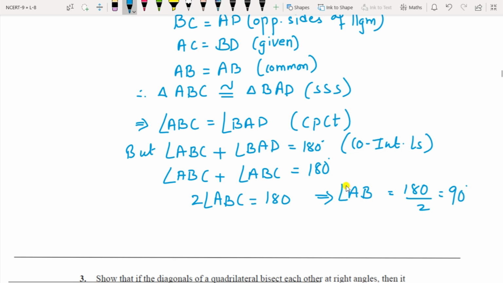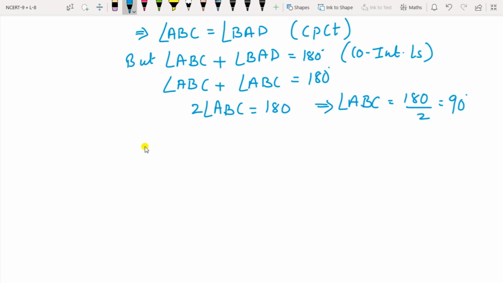Okay. So we have proved that angle ABC is equal to 90 degrees. As we have seen above that angle ABC is equal to angle BAD, both will be equal to 90 degrees, and therefore you have to write the statement as